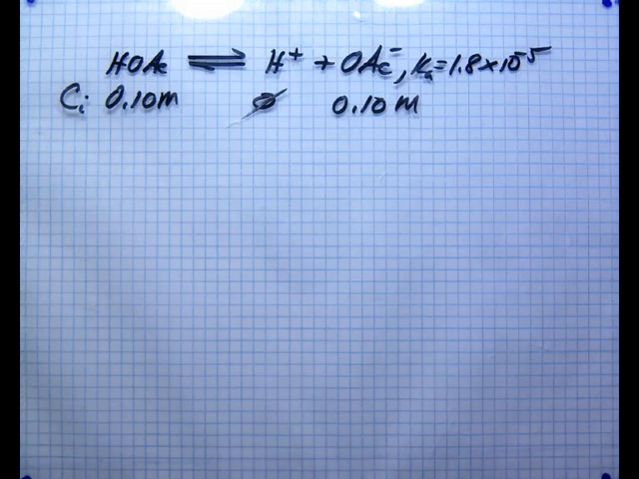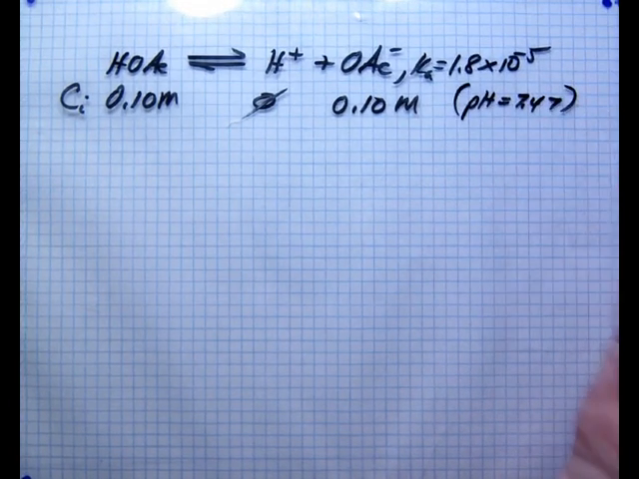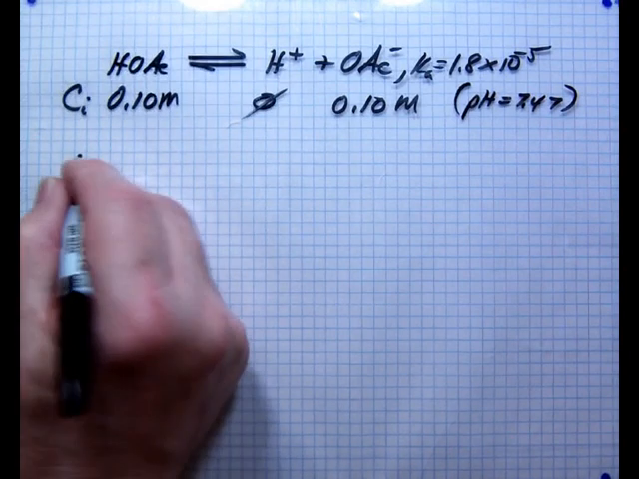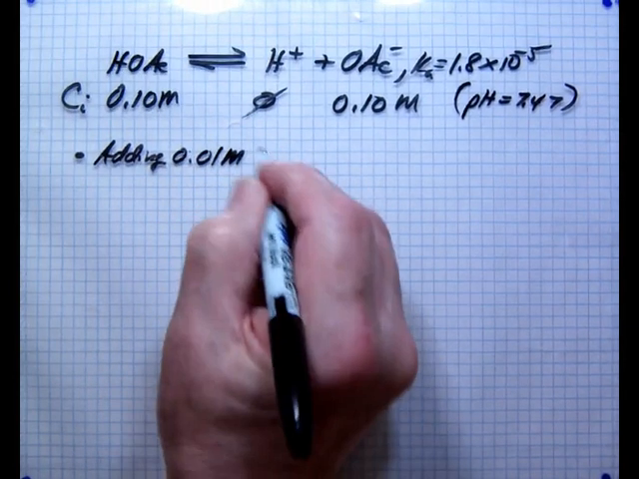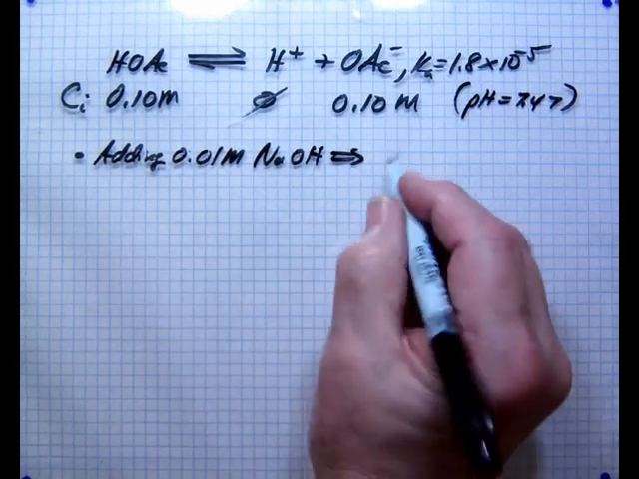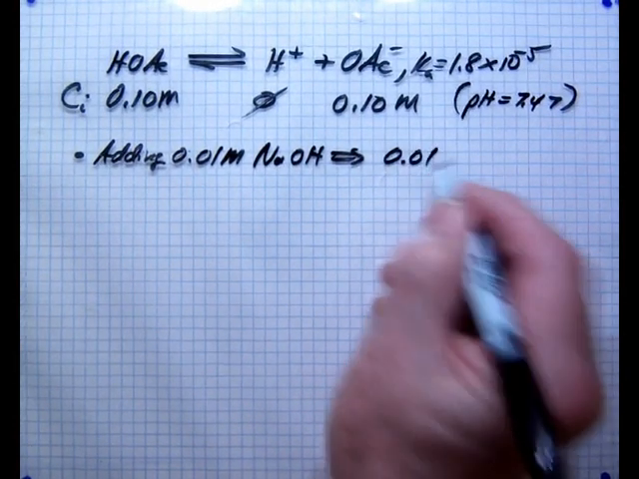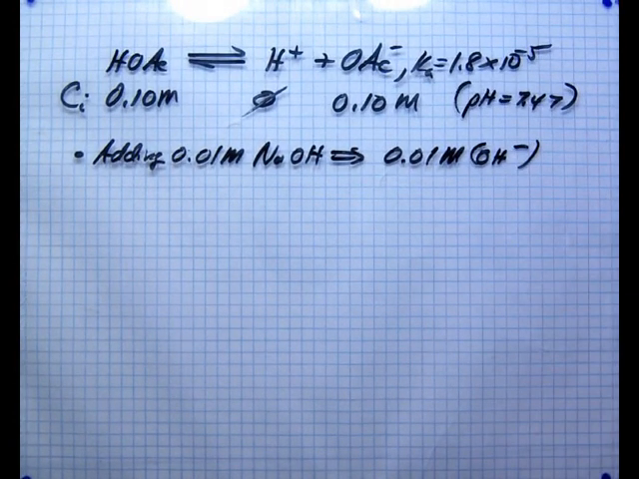Okay, here is our 50/50 buffer. It has a pH of 7.47 before we add anything in. Now, adding 0.01 molar sodium hydroxide, which is, of course, a strong base, is the same thing as adding 0.01 molar in hydroxide ions into the system. Again, the chemistry of the buffer system has to eliminate 0.01 molar in